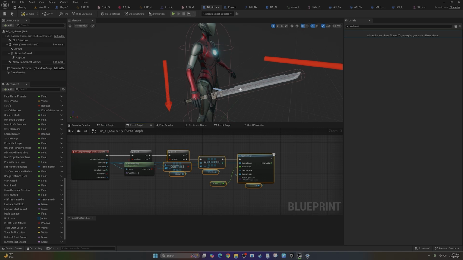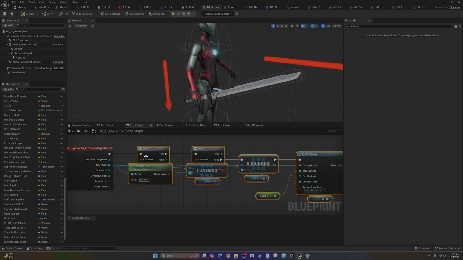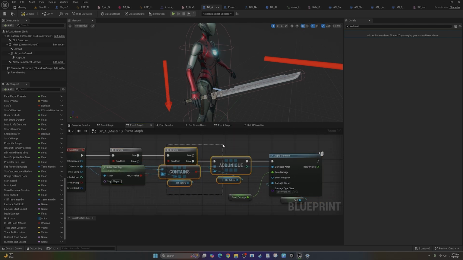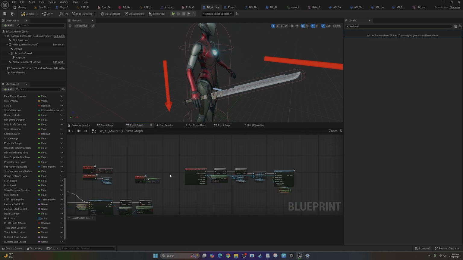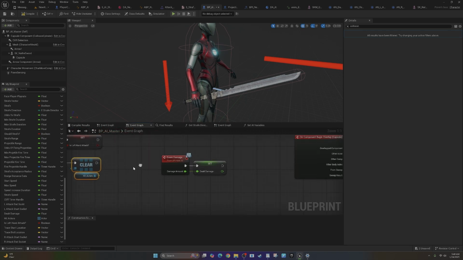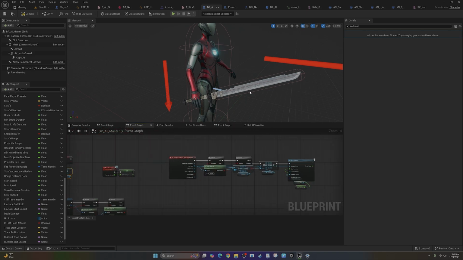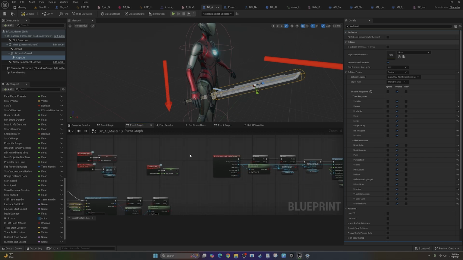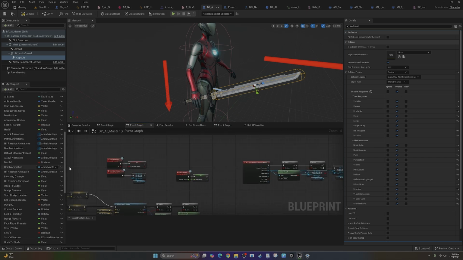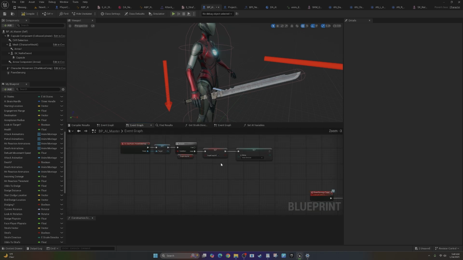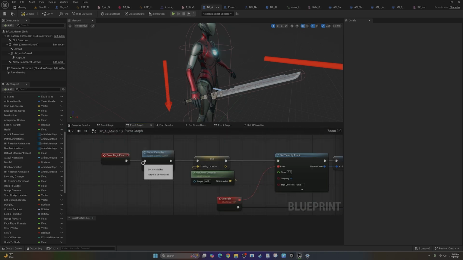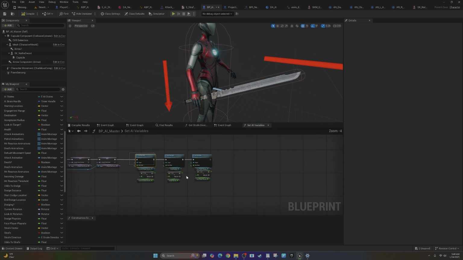So if our collision detects a mesh, or if it detects our character, it's going to add them to an array, and it's going to deal the damage. And then of course we're going to clear the damage like we were before using this animation notify here. And then if you really wanted to, what you could do is on begin play here, we can go into our set AI variables here